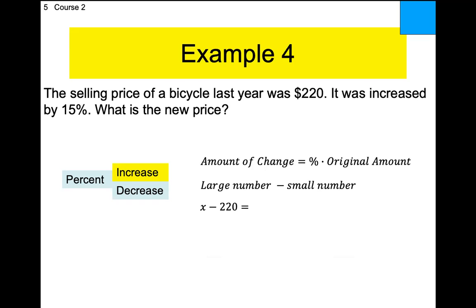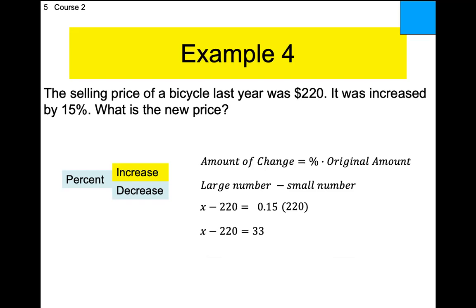We said percent was going to be 15, and we do know the original amount is 220. All right, this one isn't too bad. What are we doing first? Add 220? No. You have to do the multiplication. Let's do multiplication first. It's not that you can't add first, it's just easier to do the multiplication first, especially if you have a calculator in your hand. 33.